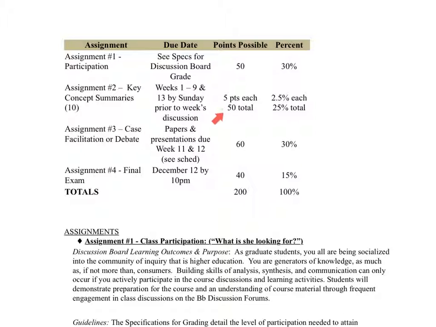And when you start to see the grade appear in Blackboard, you'll notice that it starts off, you'll put one entry in, and I will grade it, and you will get up to a maximum of 5 points for each one of those. So they're cumulative. Each time you put a new one in there, it'll go up by 5 points. It's not that I'm giving you 5 out of 100 or something like that. It's just that each one of those is only worth 5 points.